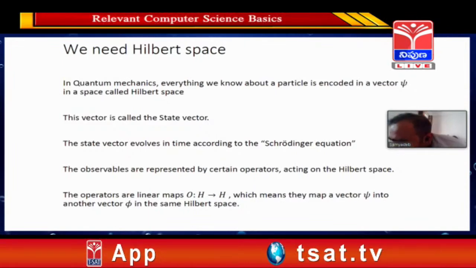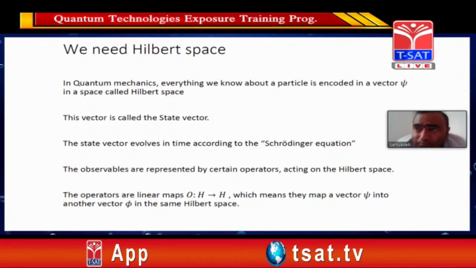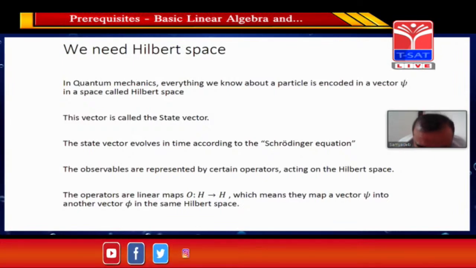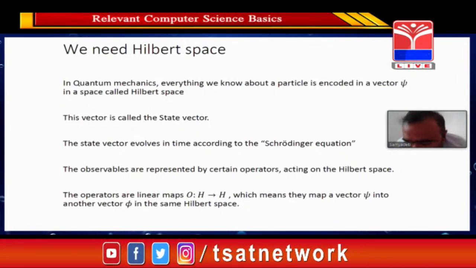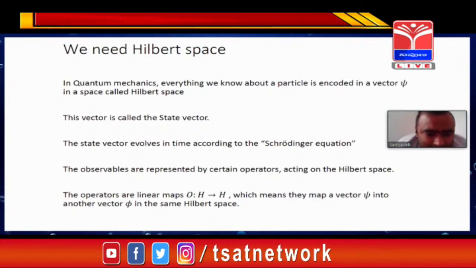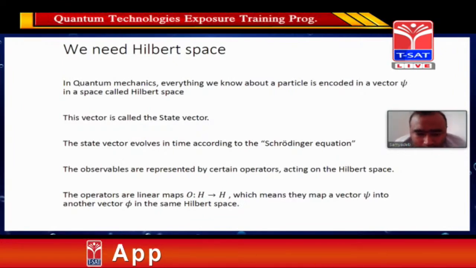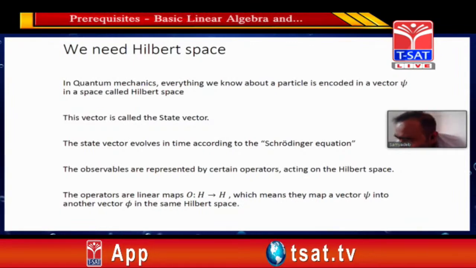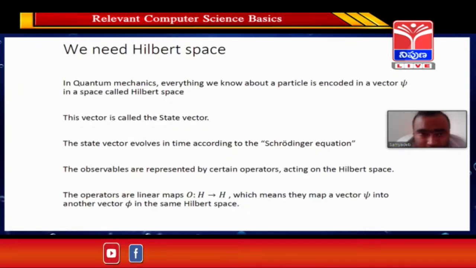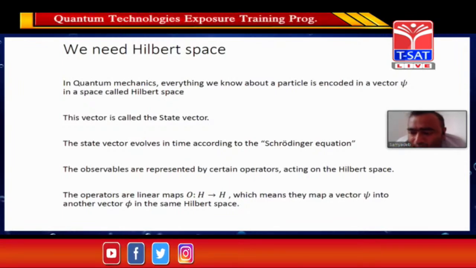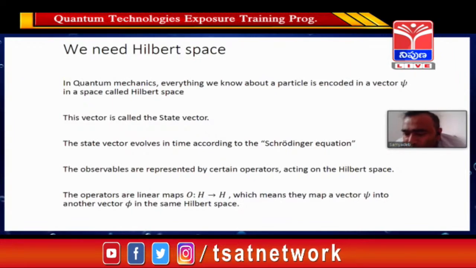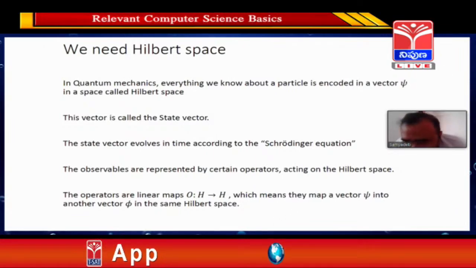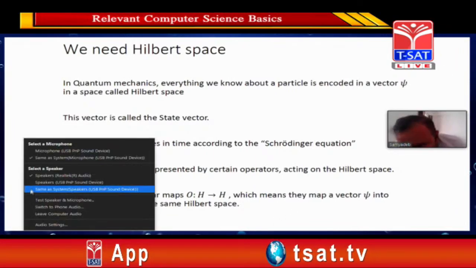So why are operators important? The class of operators is much larger. The important ones are called observables, which are represented by a certain specific type of operators. So why are the observables important? Because ultimately we want to know something about the quantum mechanical system. A state vector, as I am saying, holds all the information